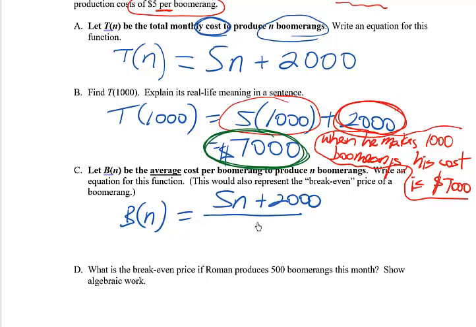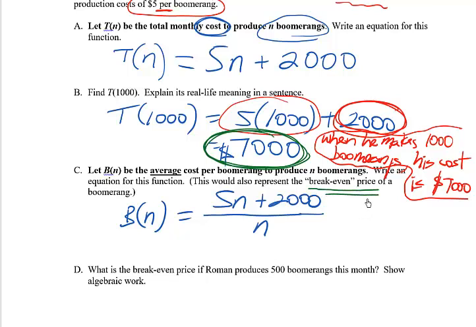And the bottom, what we're going to divide by, is simply how many he made. Well, in this case, we're saying he's making n boomerangs. If you take the total cost and you divide it by however many he made, you get the average cost. Another way to look at this, as it says there, is you could also call this function the break-even price